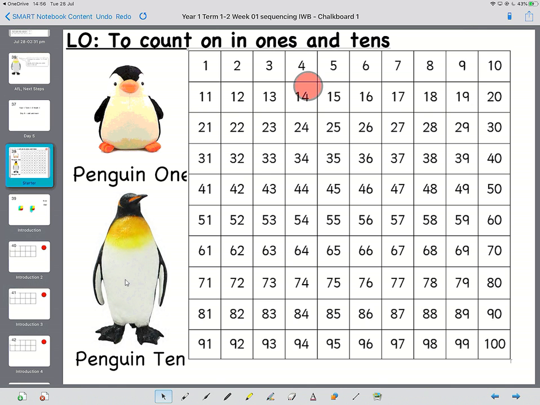So, 14, 24, 34, 44, back to Penguin 1, 45, Penguin 1 again, 46, Penguin 1 again, 47, Penguin 1 again, 48, back to Penguin 10, so from 48 to 58, Penguin 10 again to 68, Penguin 10 again to 78, and then back to Penguin 1, 79, Penguin 1, 80,